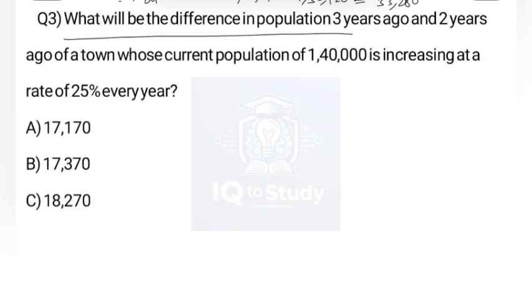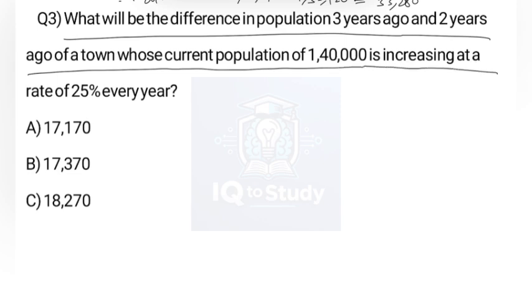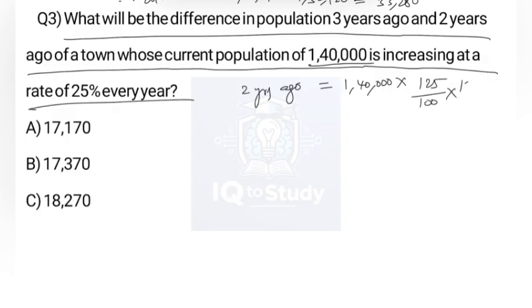What will be the difference in population 3 years ago and 2 years ago of a town whose current population of 1,40,000 is increasing at a rate of 25% every year? So current population is 1,40,000. So 2 years ago it is equal to 1,40,000 into 125 by 100 into 125 by 100,